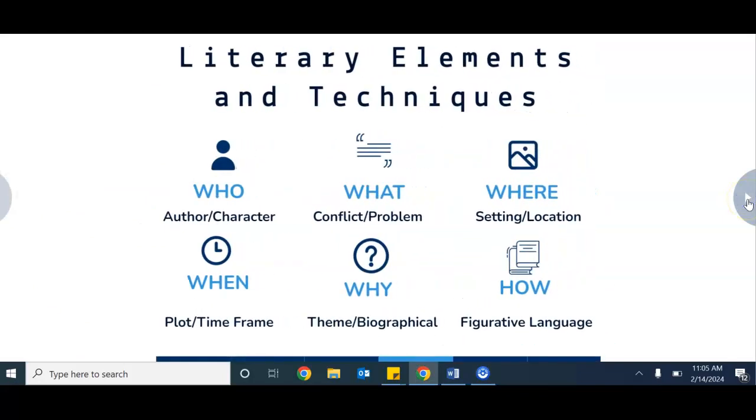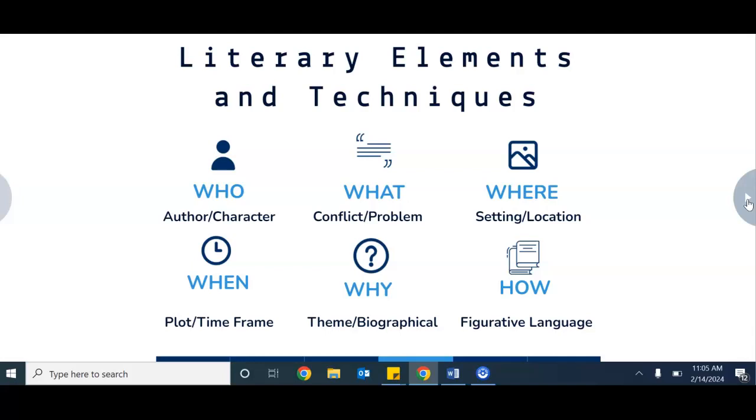If you have not chosen your topics yet, one of the things you can do to get started is ask these journalistic questions. Maybe in English 1010 you thought about different aspects of the conflict or problem. Maybe you thought about how does this impact the world or who's involved. You can apply these same very brief questions to poetry, to short stories, to novels, anything really in the realm of literature.